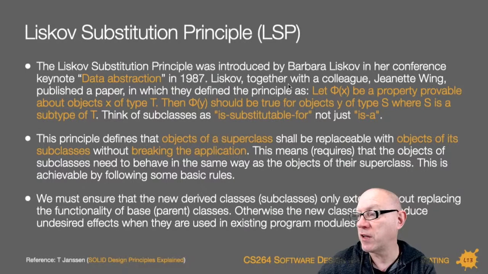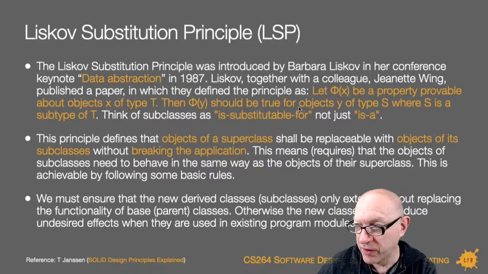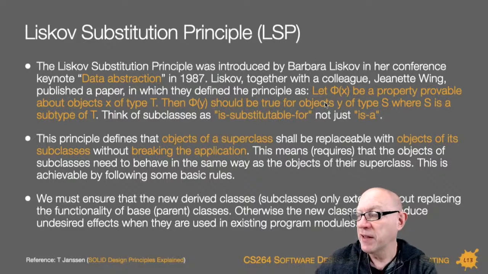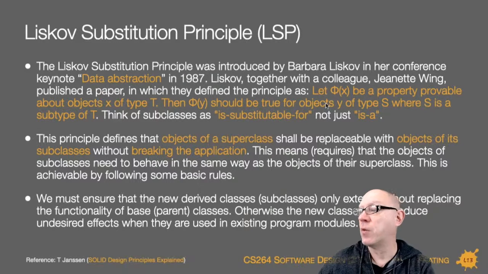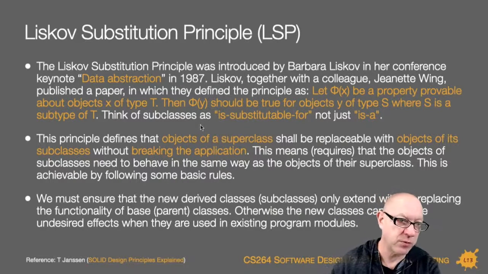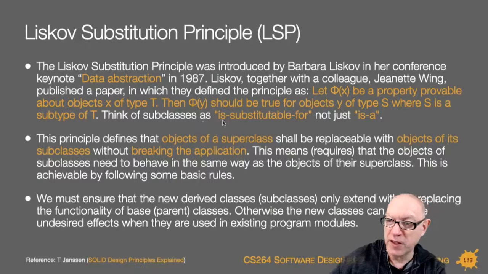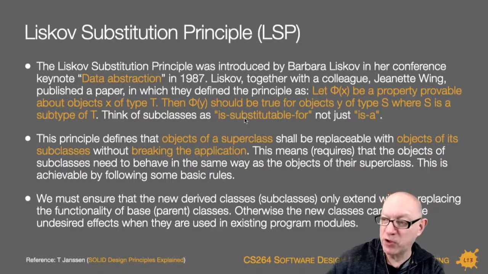Liskov then, with a colleague, Jeannette Wing, published a paper in which they defined the principle as: let phi of x be a property provable about objects x of type T, then phi of y should be true for objects y of type S, where S is a subtype of T. So in other words, think of subclasses. What this tells us in English, I guess, is that subclasses really need to be substitutable for,